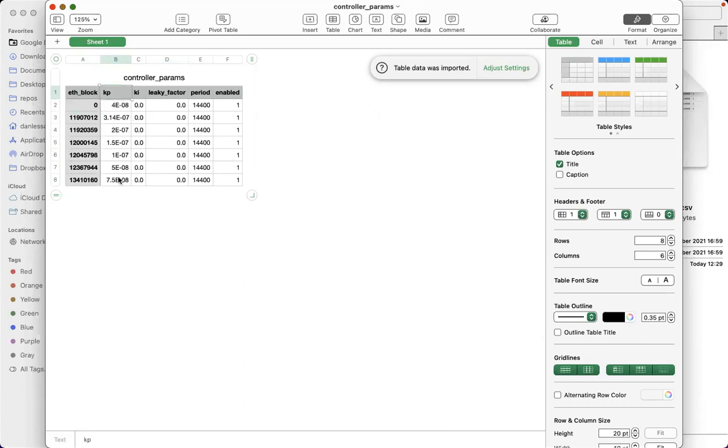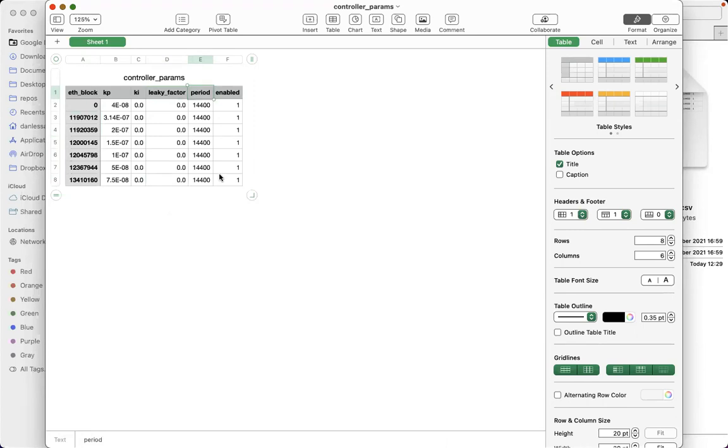You can see that the KP has changed a couple of times. We also have the KI and the leak factor, which is 0 always because it has never been enabled. But if it, for some reason, is enabled, it's already built in. There is also the period, which is about the period of the redemption rate.